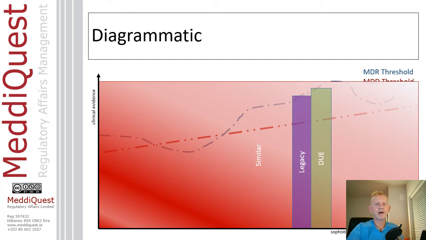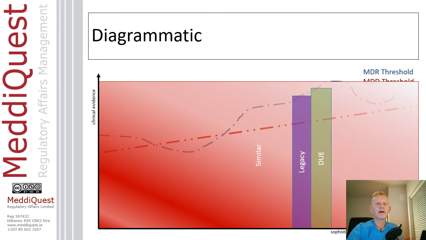It might even be overlapping in areas. It might be very, very equivalent. It just happens that we've looked at the clinical assessment slightly differently under the requirements for the MDD